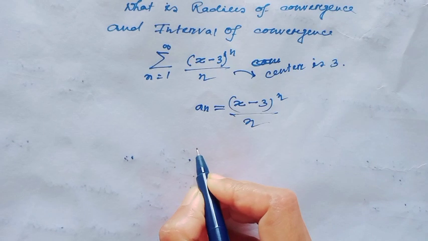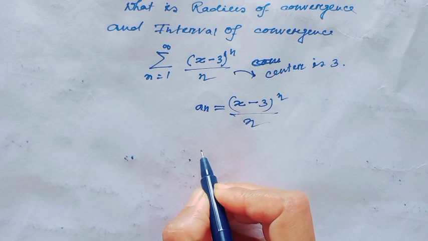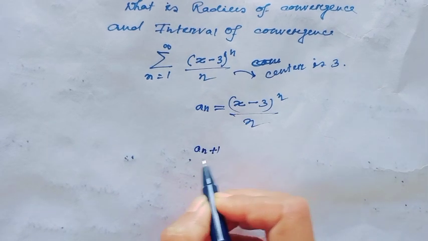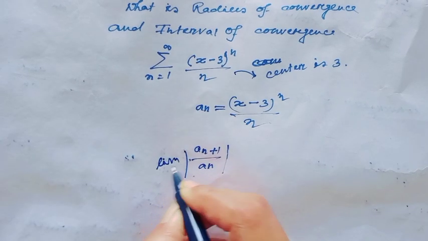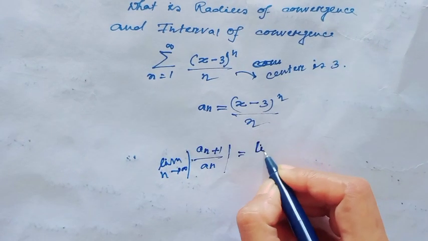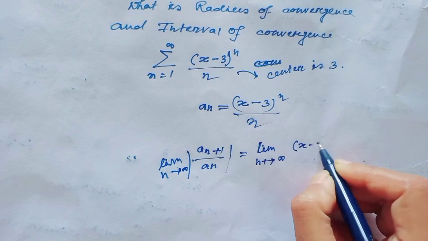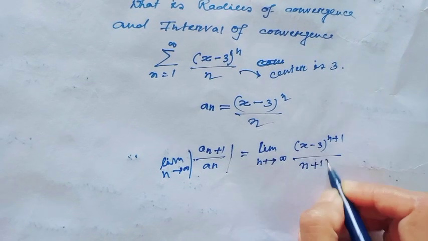Here also I will use the ratio test to find the radius of convergence, a_(n+1) over a_n, limit as n tends to infinity. This is equal to the limit of (x minus 3) to the power n+1 over n+1,